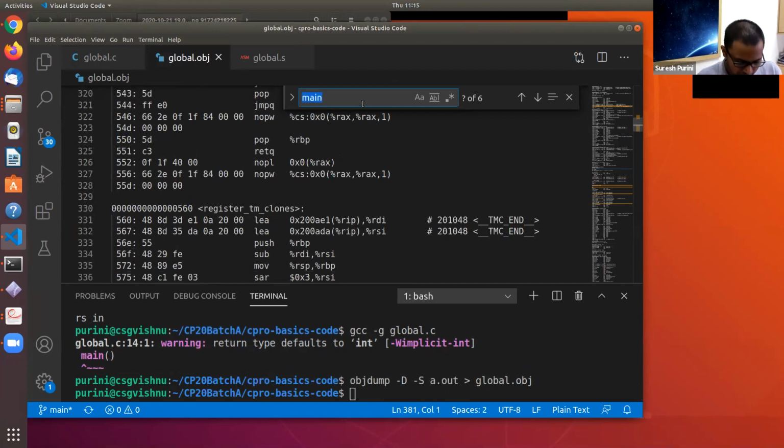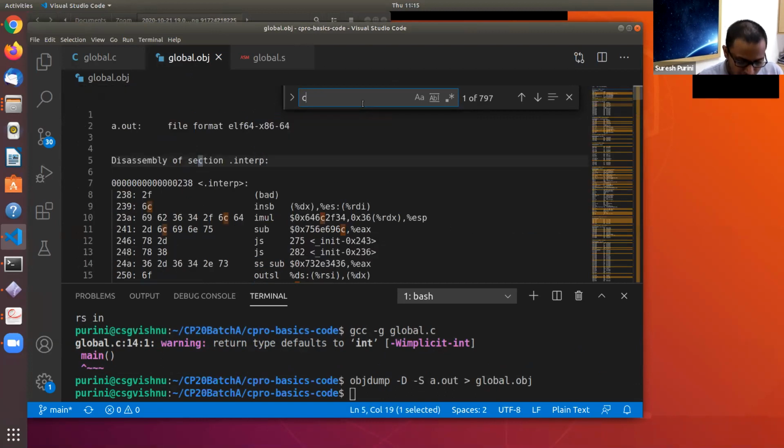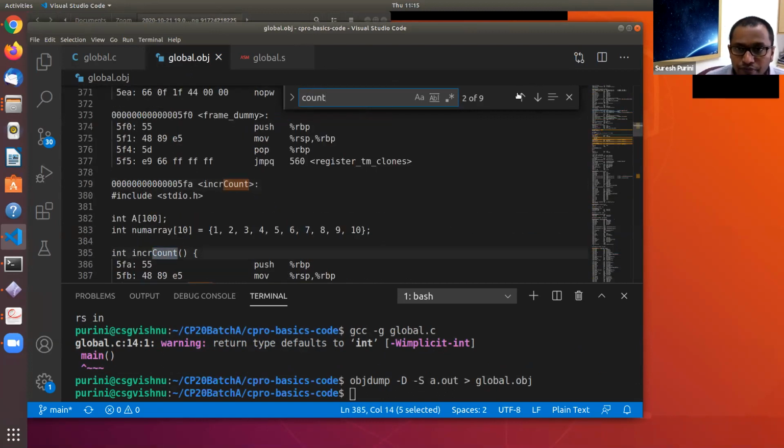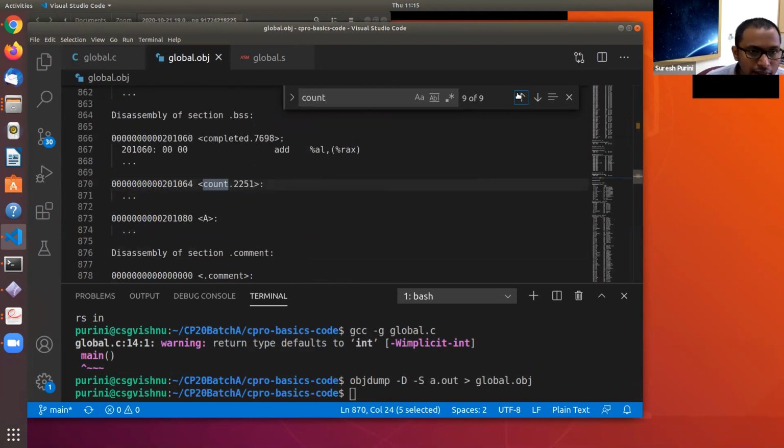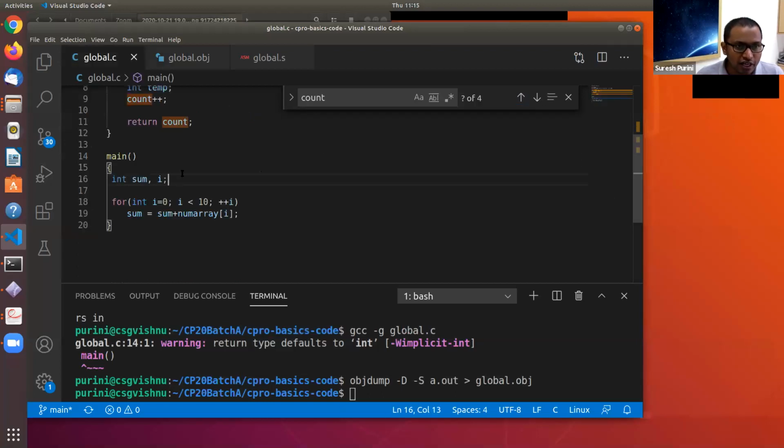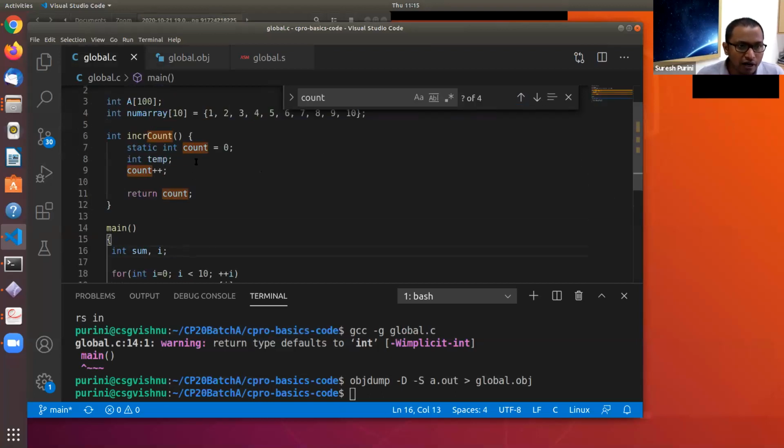So let's see where memory for count is allocated. You can see count is allocated memory in the .bss section because count is initialized to 0 to start with. But if count is initialized to, let's say, 1 instead of 0, then count will go to the data section.